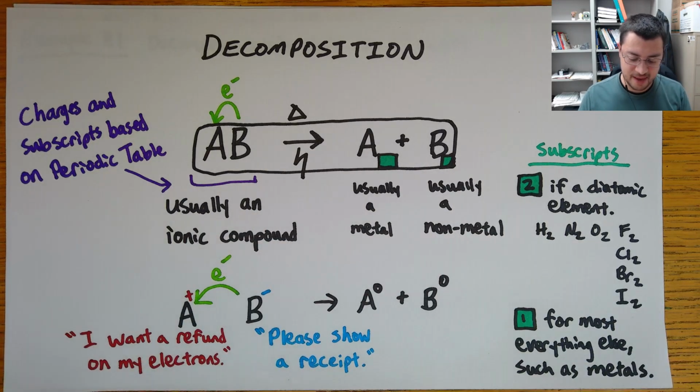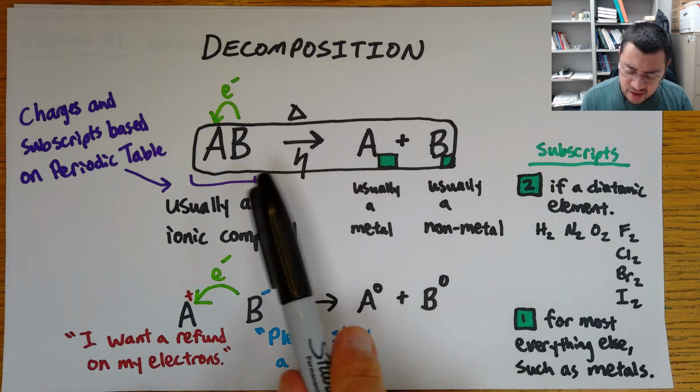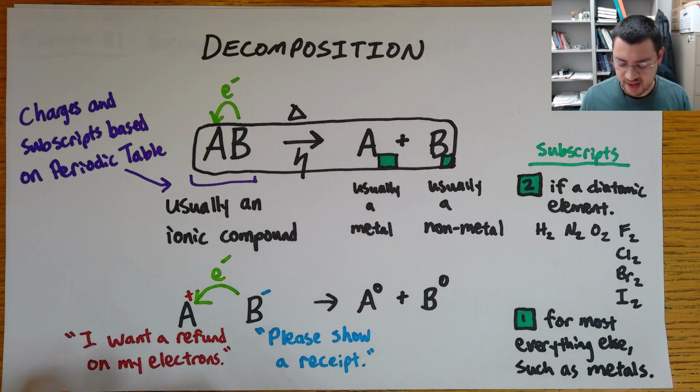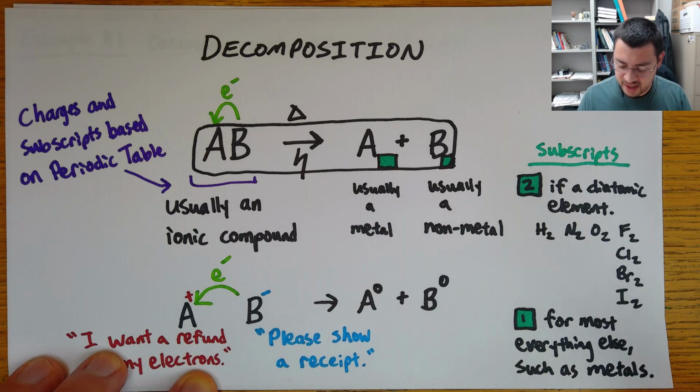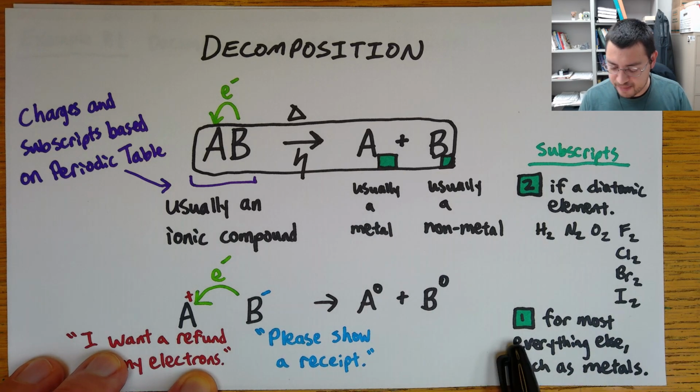More common decomposition is you're not going to have a clean break into elements. Often you're going to make an oxide or a hydroxide or something. But that's not the focus of this video. So we will cover examples where you break apart into elements. And the subscripts on these elements are usually going to be a 1 for everything,